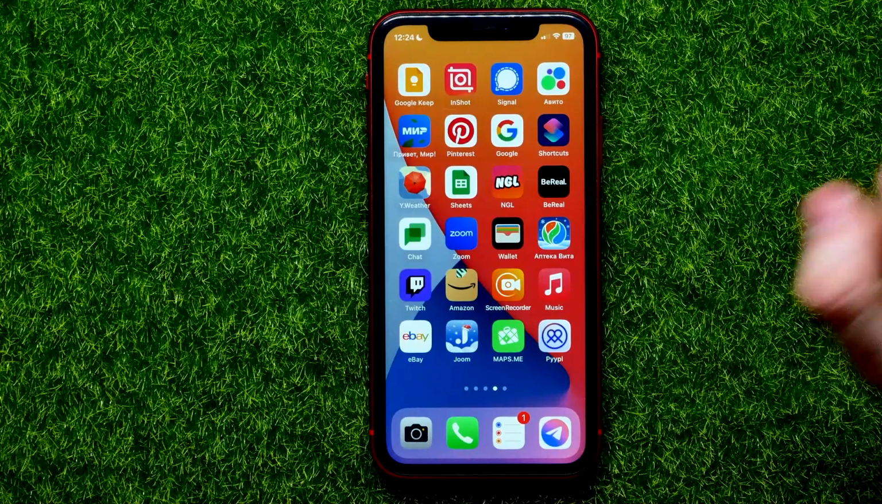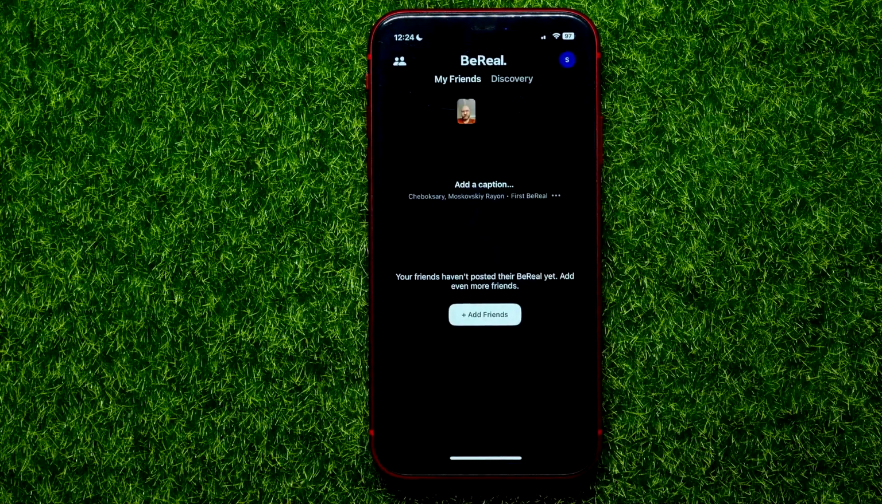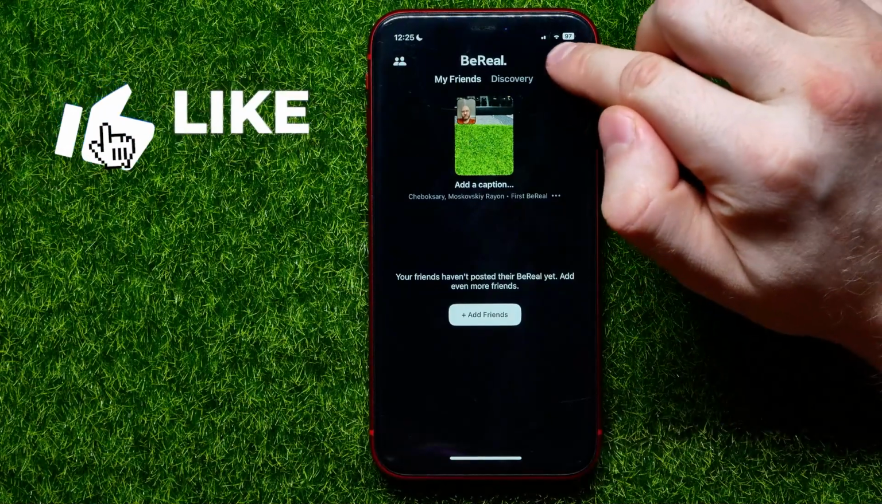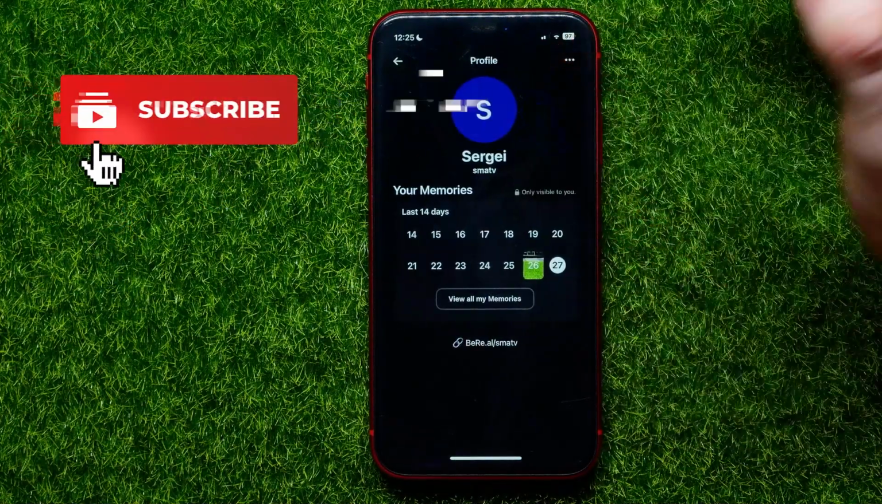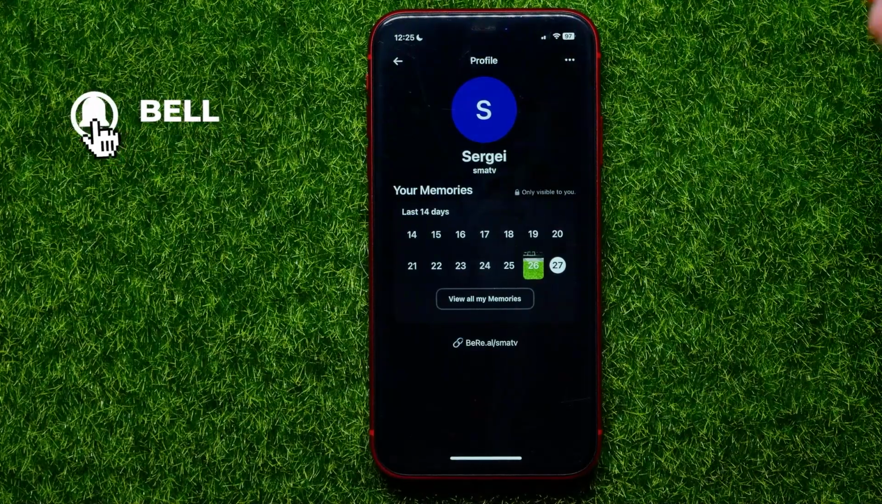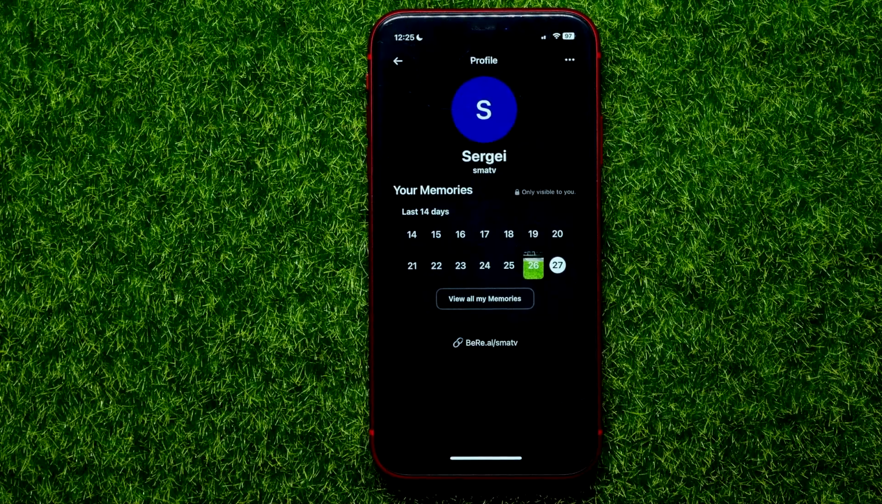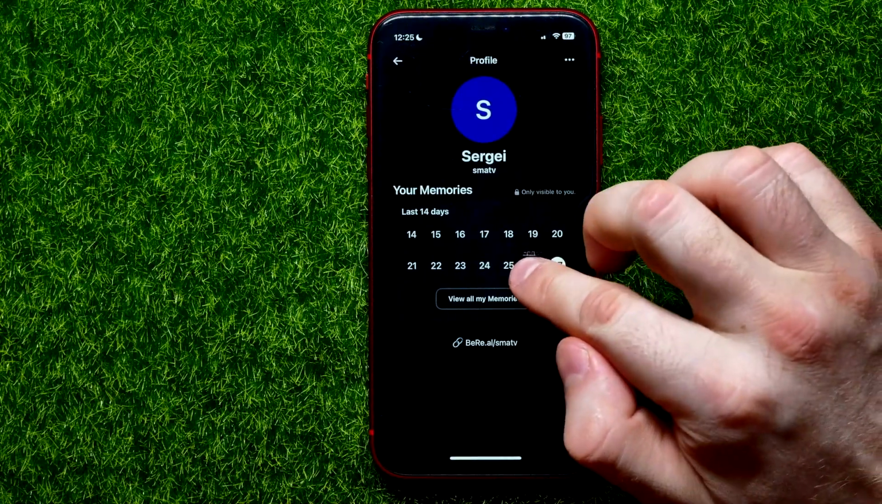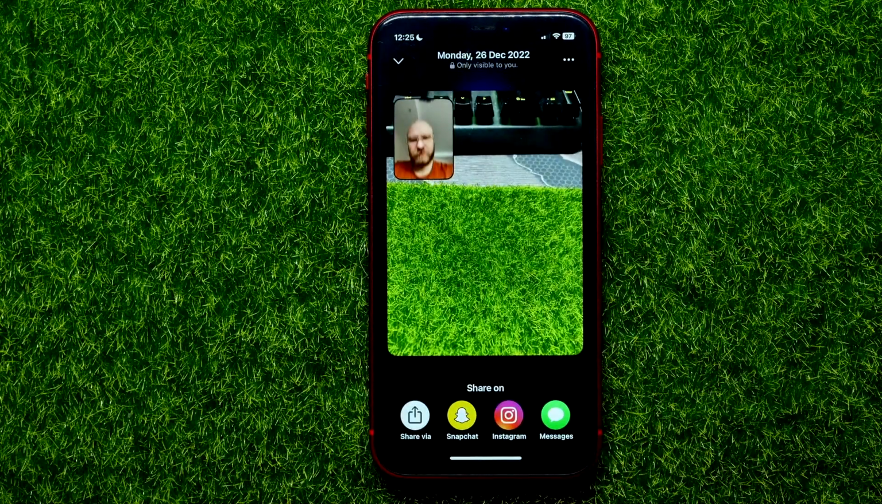So let's begin, and first open up the BeReal app. Then right here, tap on your profile picture to open up your profile, and after that just select a BeReal that you want to send via iMessage. I'm just going to pick the latest one, and now all you have to do in order to share it is